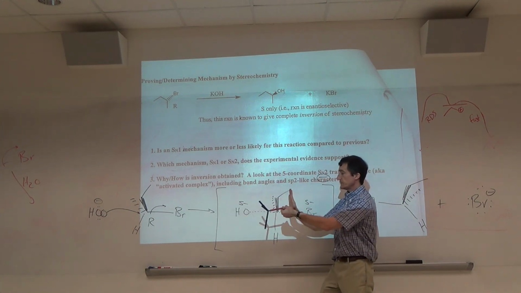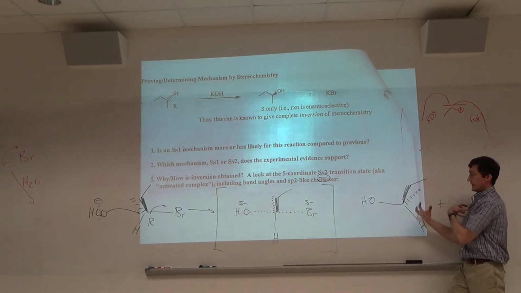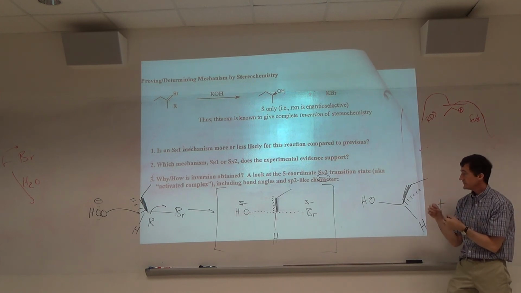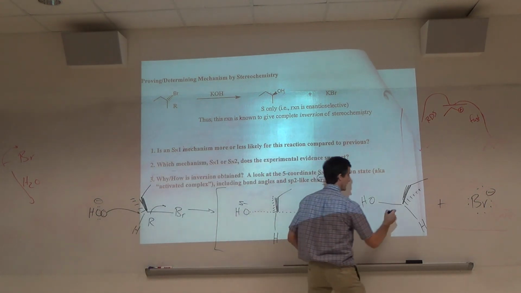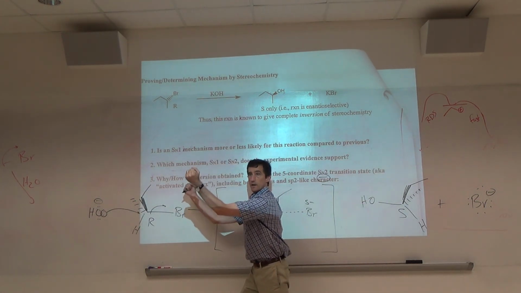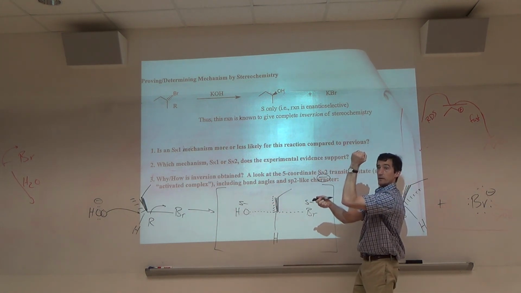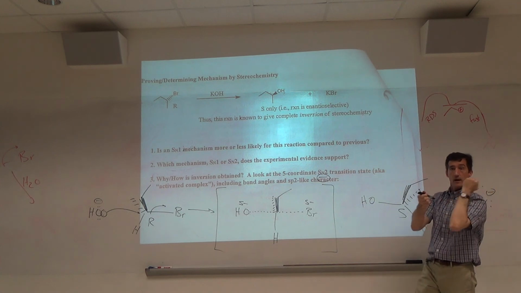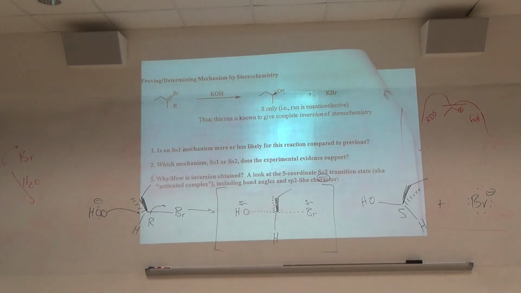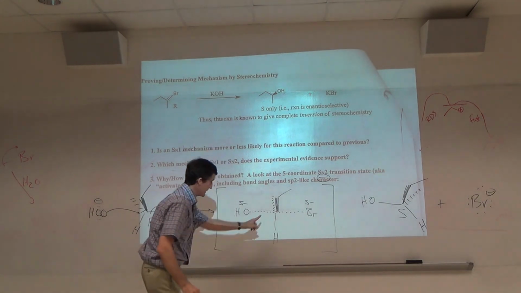Now, as the bond fully breaks, what happens? These things come this way. And that's your inversion. Because if you look at it, this is R, but over here this is S. Now the alpha is still forward, but it's forward. When this comes in, what does the alpha have to do? It first flattens up, right in the middle of the transition state, but then it is pushed back. And that's like what we had right here. When you make the bond, you go forward, and then ultimately you push it back when it comes in. So that's a look at it. Transition state, importantly, last thing here